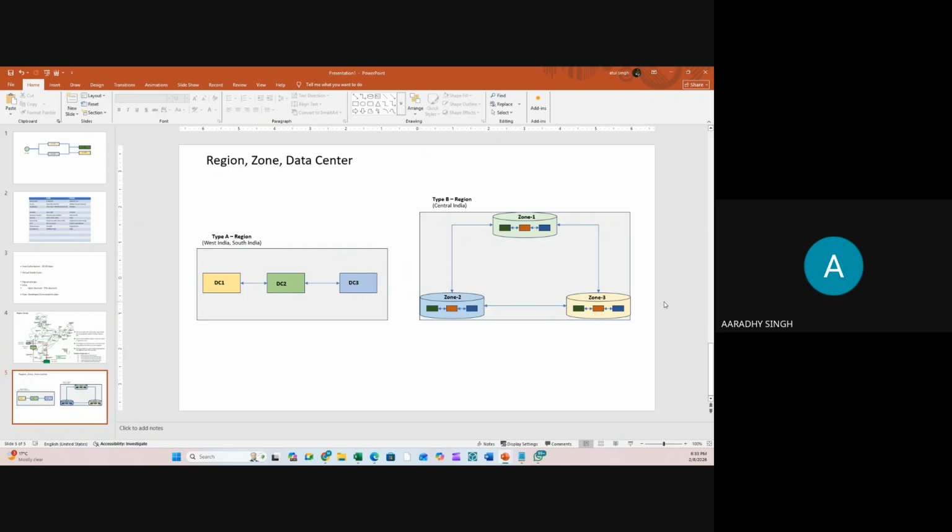In India, we have 3 regions available. 2 regions are type A and 1 region is type B. Any region which is created recently will be type B region. And there are lots of places where Microsoft is upgrading the region also. After the upgrade, maybe going forward after 5 to 10 years, most of the regions will be upgraded to type B. But for the time being, I would say 40% of regions are type A and 60% of regions are type B.